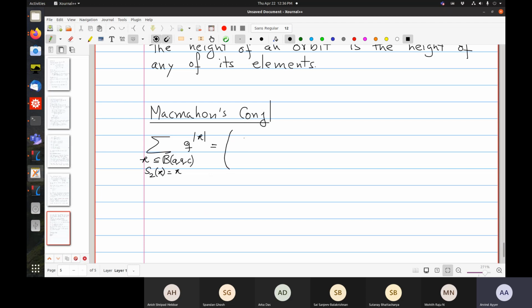There are 2 factors. So product i equals 1 to A, product k equals 1 to C, 1 minus q to the 1 plus 2i plus k minus 2, divided by 1 minus q to the 2i plus k minus 2,